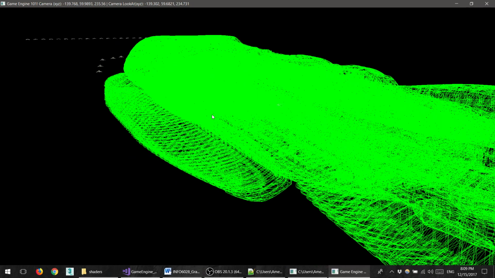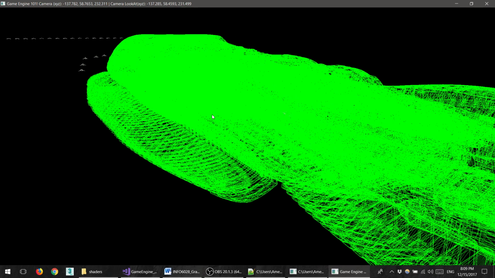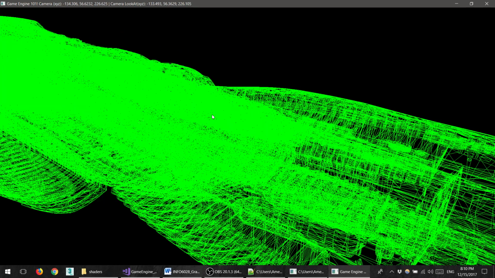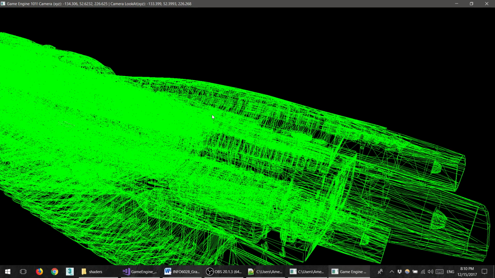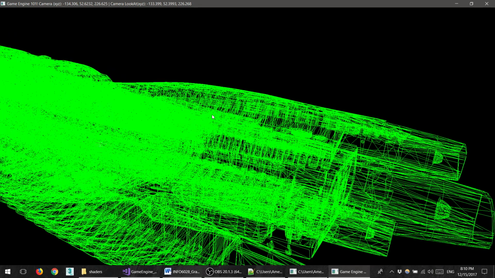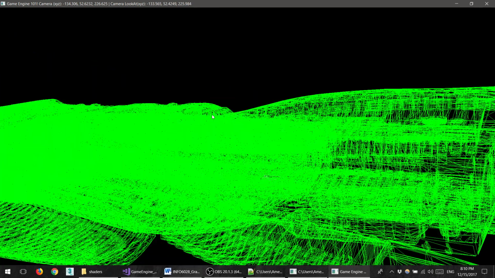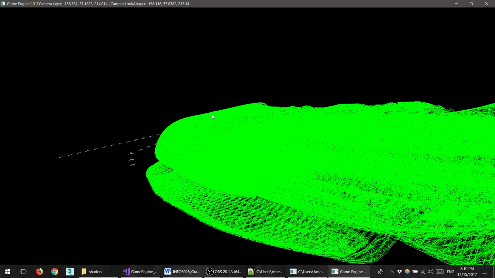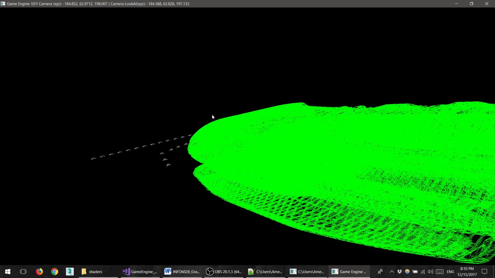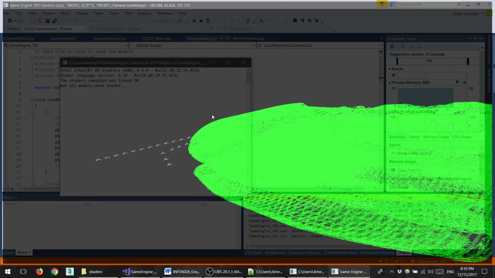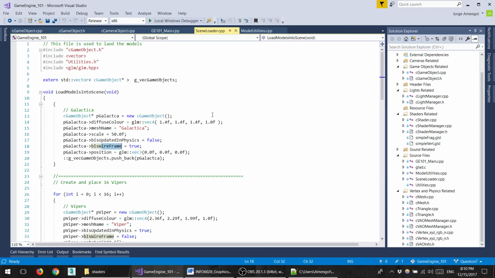And the other objects are being rendered with the normal shader, the regular one. Okay,